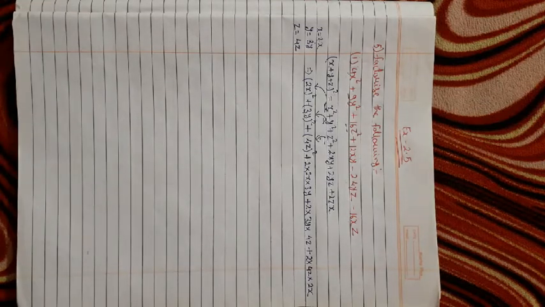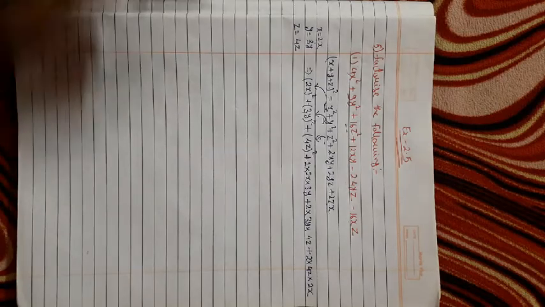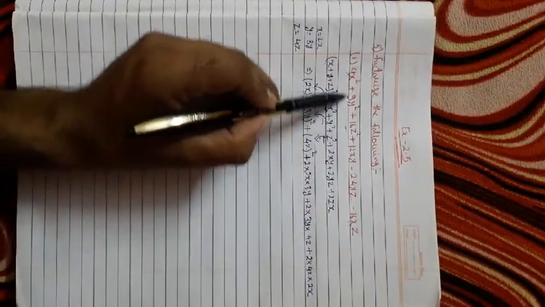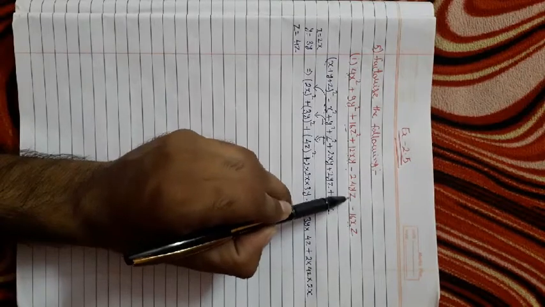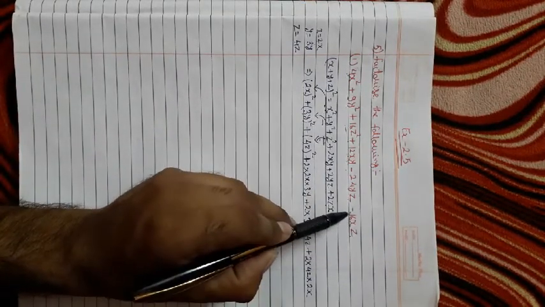Now see how we can identify which term will get the negative sign. In the question, the first four terms are positive, no problem. When x, y come together, the sign is positive. When y, z come together, the sign is negative. When x and z come together, the sign is negative.